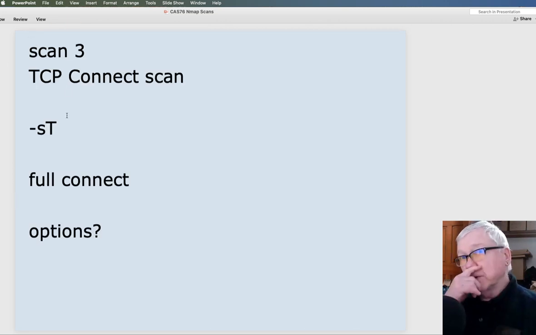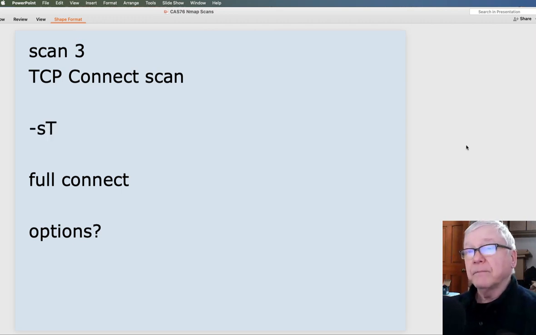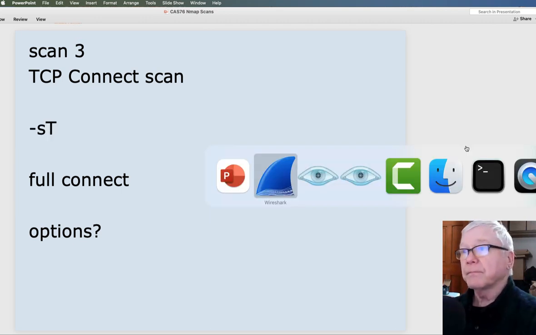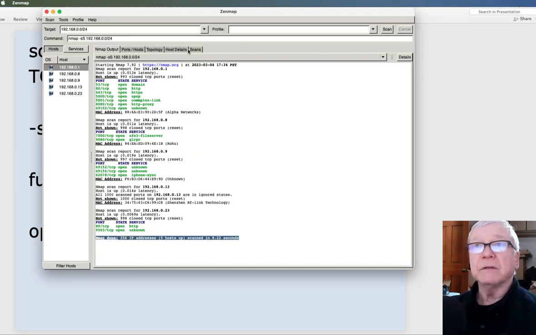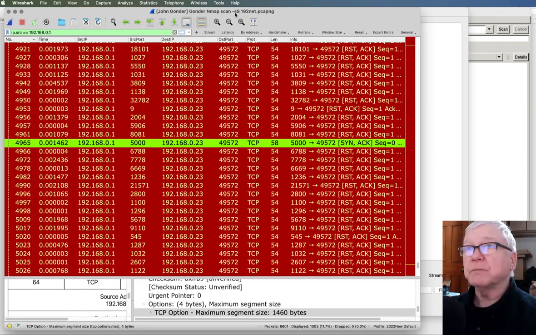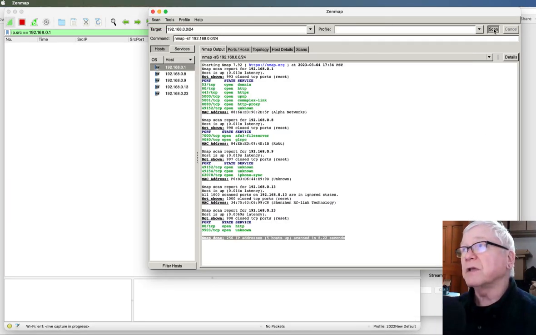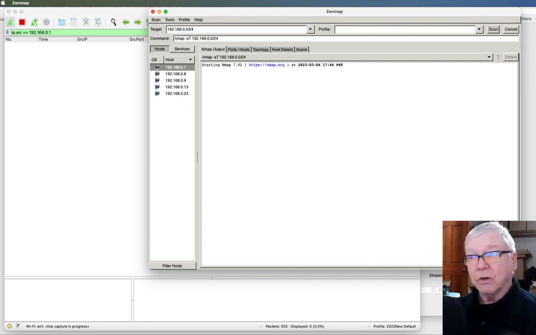Well, let's take a look at a third kind, which is a full TCP connect scan using -sT for a full connect. And I'm going to make that a little bit less of a range. Well, or maybe not. Let's just make it -T, capital T, and get ready to capture. I've got that saved already, so I can capture options. EN, start that, go here, start my scan. Have a little coffee or some water.